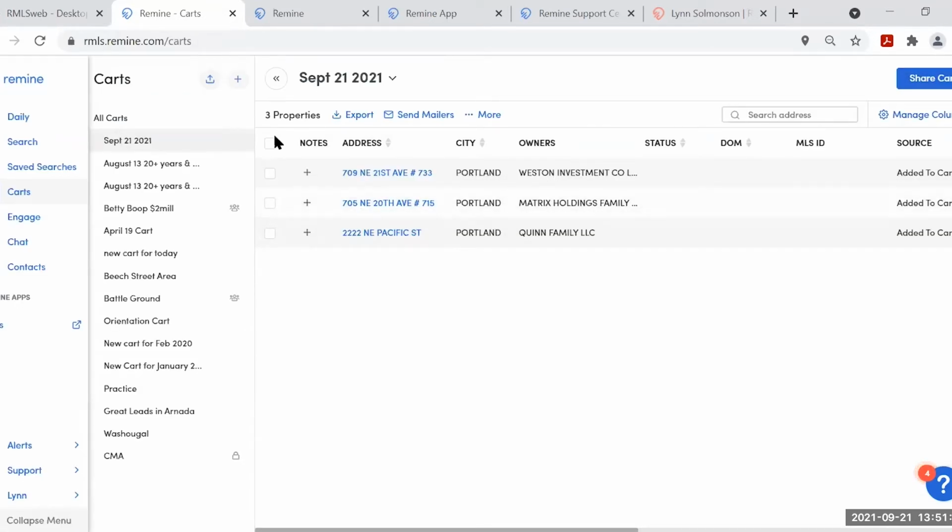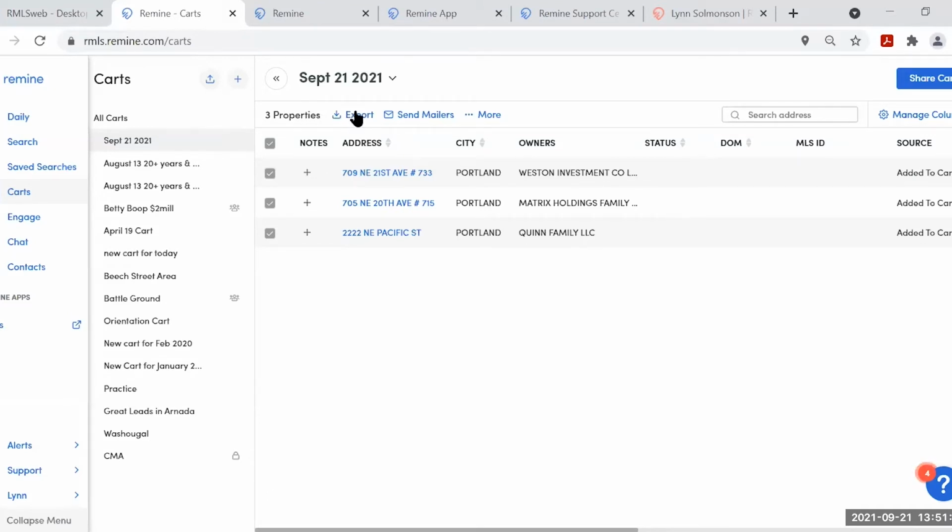And so if I'm going to do postcards, I'm going to, again, check the box at the top or individually check whichever properties I want to include when I run my labels. So one option you have up here next to 3 properties, you will see export.